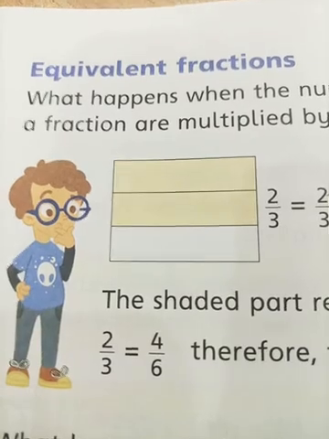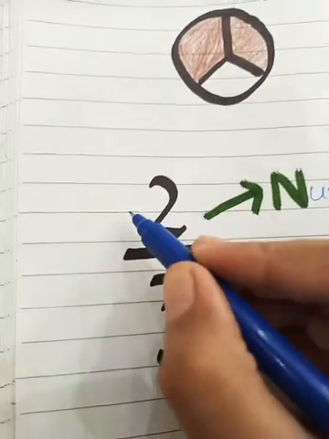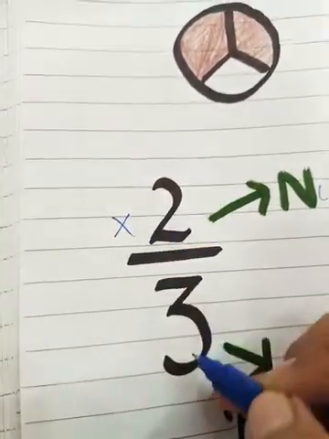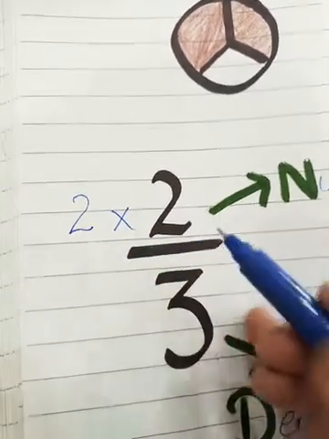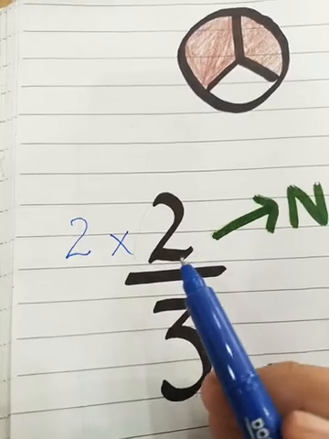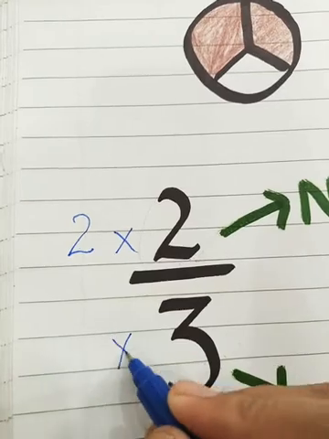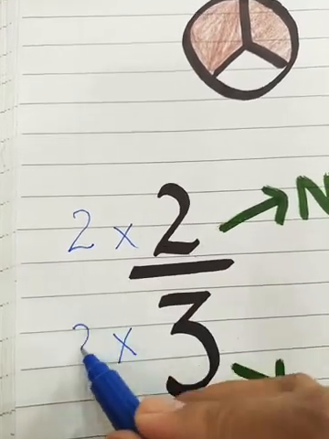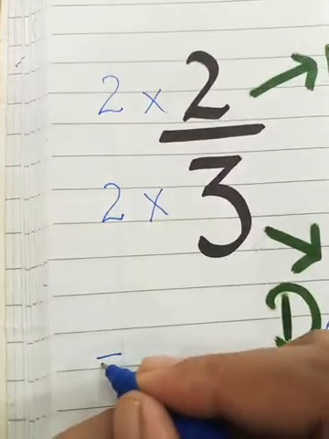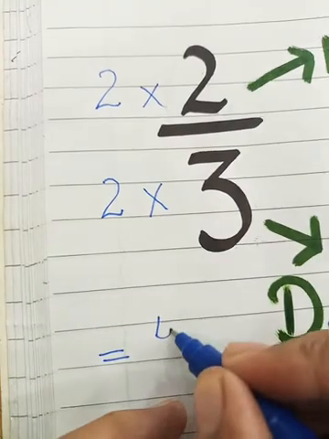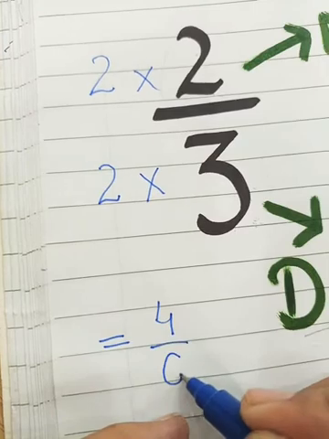Let's multiply. Just look at this one, students. Here the numerator and the denominator. Here I am multiplying these two numbers with the smallest number 2, as I could multiply with 1, but it should not be 0. Okay students, if I multiply with 1 it will remain the same, but here I am multiplying the numerator and the denominator with the number 2. Can you tell me the answer? Yes, this will be equal to 2 2s are 4. Here I am writing the number 4. 2 3s are 6, and lower or the denominator is the number 6.